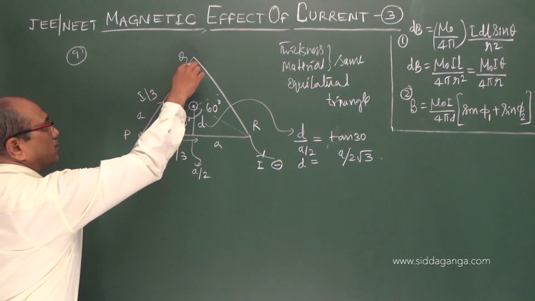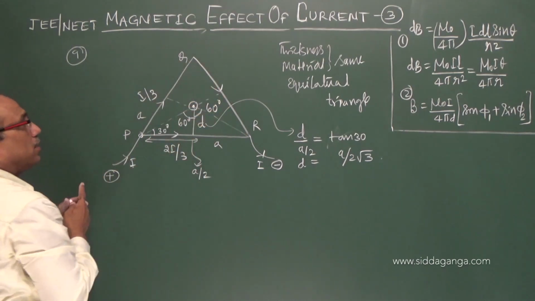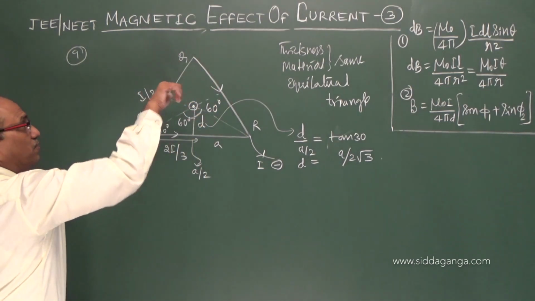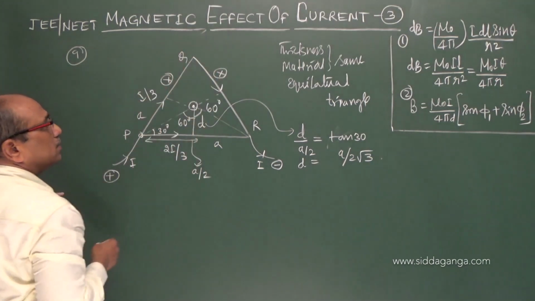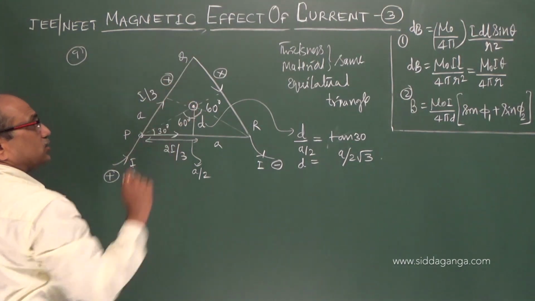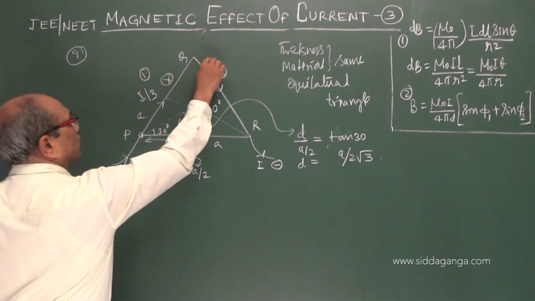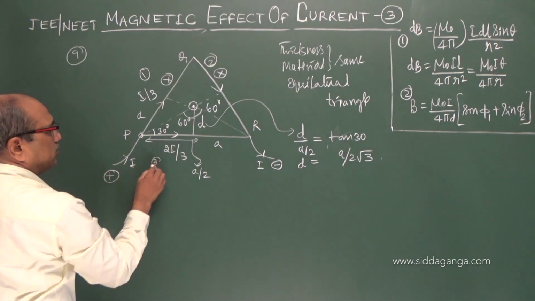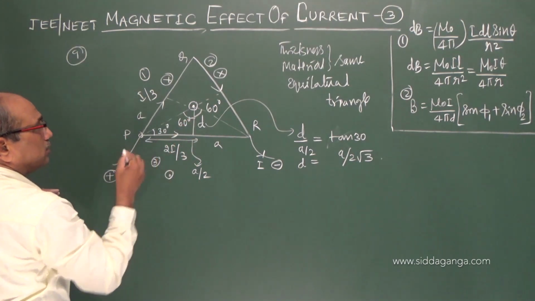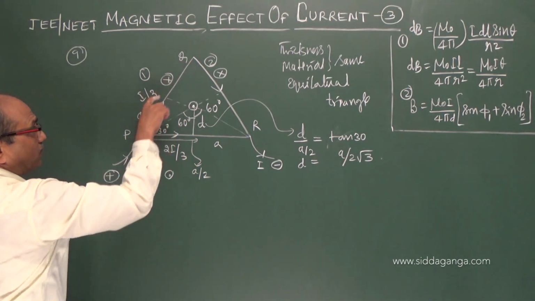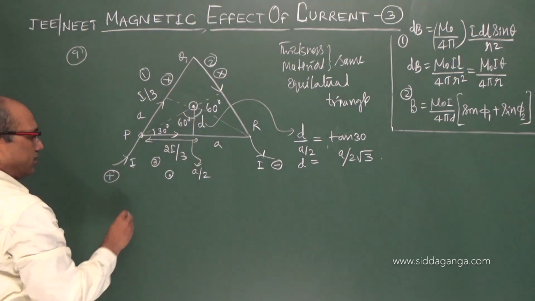But if you observe here also I by 3, here also I by 3, the current direction is same. As it is clockwise, it produces the field inward, and this produces the field inward. Their length same, direction same. That means 1 and 2 produce the field of same nature, and the third one's field is out of the board. That means if we calculate for one, I can calculate for the other.